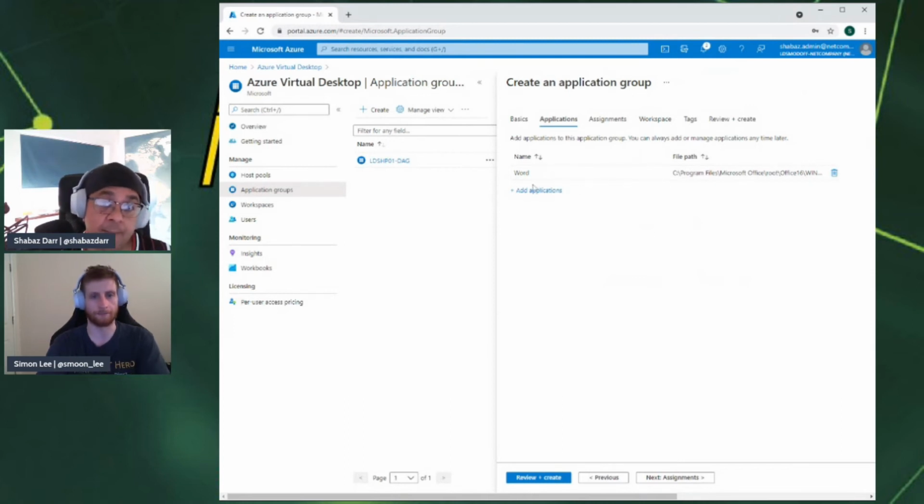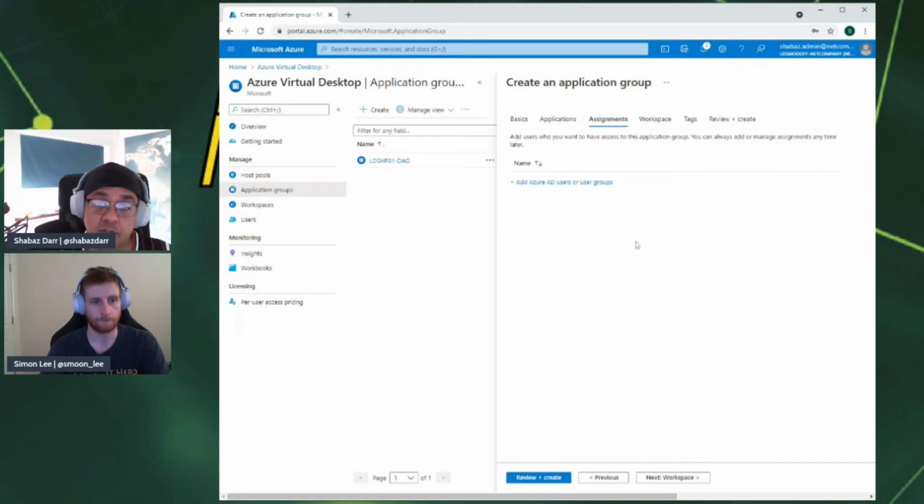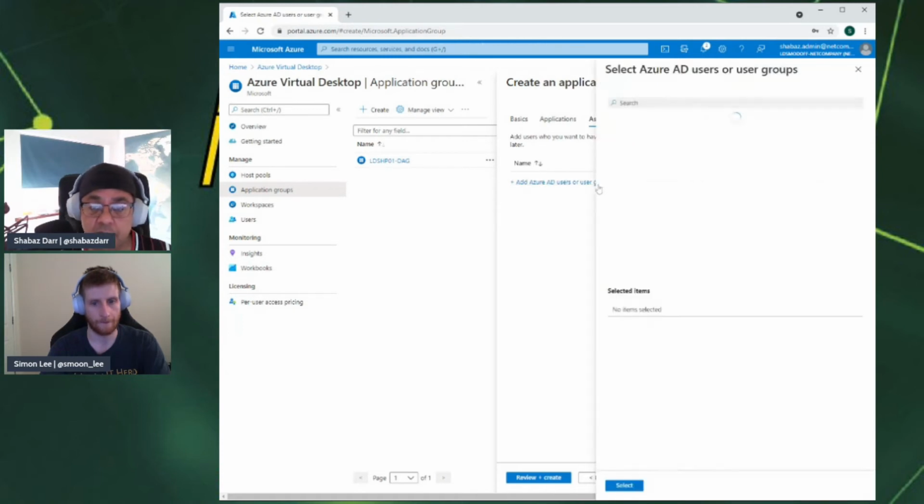So now, again, I could add multiple applications. Essentially I could, for example, create an application group for Office. Yeah. And I could add all the Office apps in here. So if we go to the next one, we've got assignments. I could assign that to a group of people. Yeah. So if we just click on,